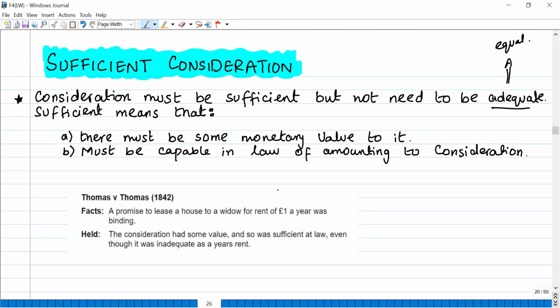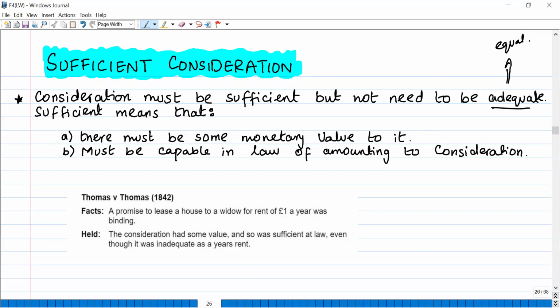Sufficient consideration. Consideration must be sufficient but need not be adequate. A very, very important point. For example, in the eyes of the law, consideration must be sufficient but need not be equal in value. For example, if I go to a shop and purchase a phone whose market value is £1,000 for £200, okay, now the consideration,